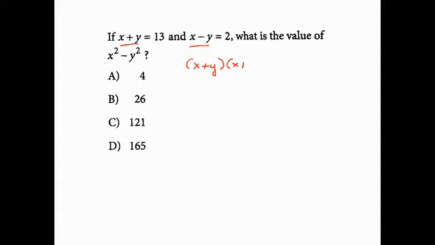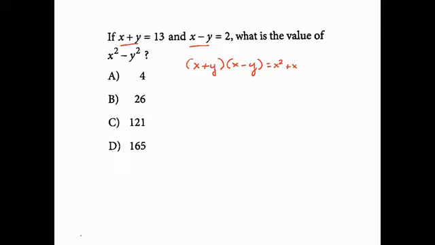x plus y and x minus y would multiply out to, just give me one moment. If I were to multiply the two binomial equations I'm given, you'll see that I end up getting x squared